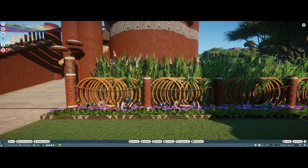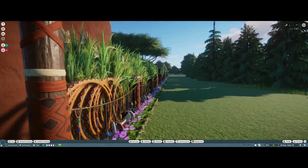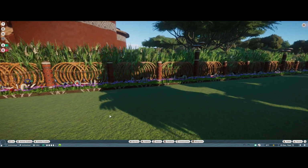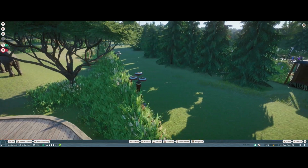All right, so we got the fence built here, and honestly I don't really like it. I like the idea of it, but if you look this way, it is very flat and boring. So I'll probably tweak that, put a couple little curves in, maybe make this more of like a